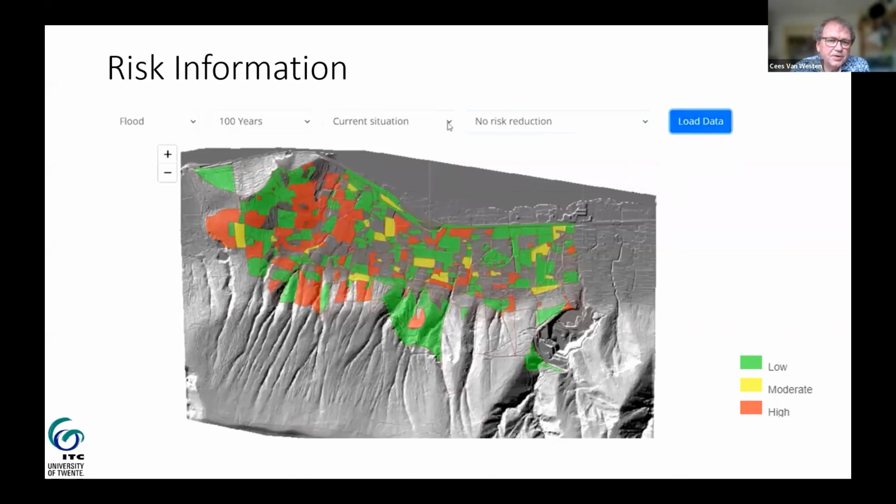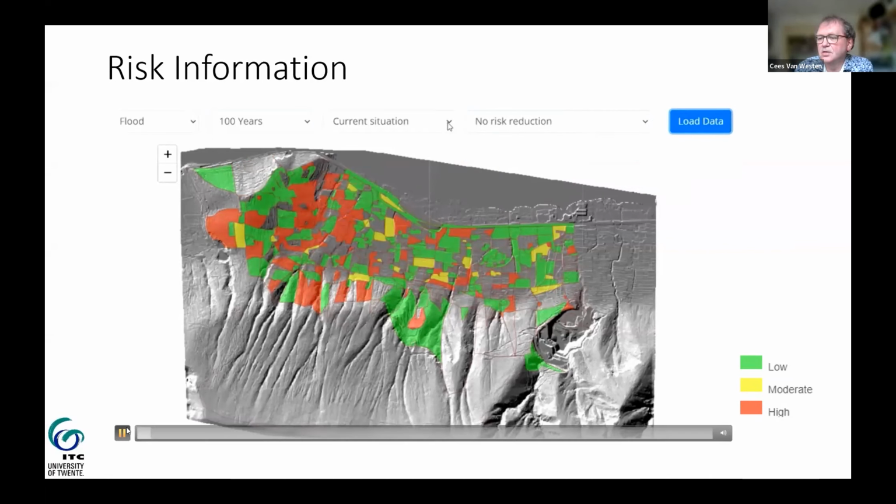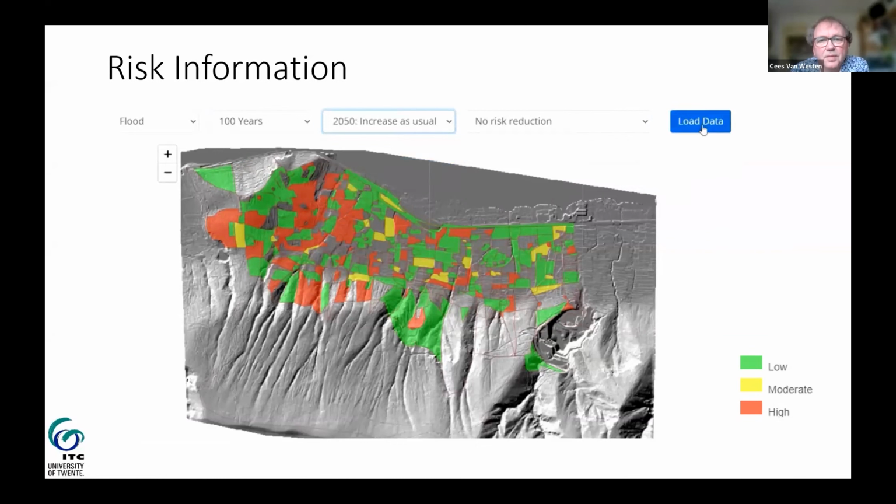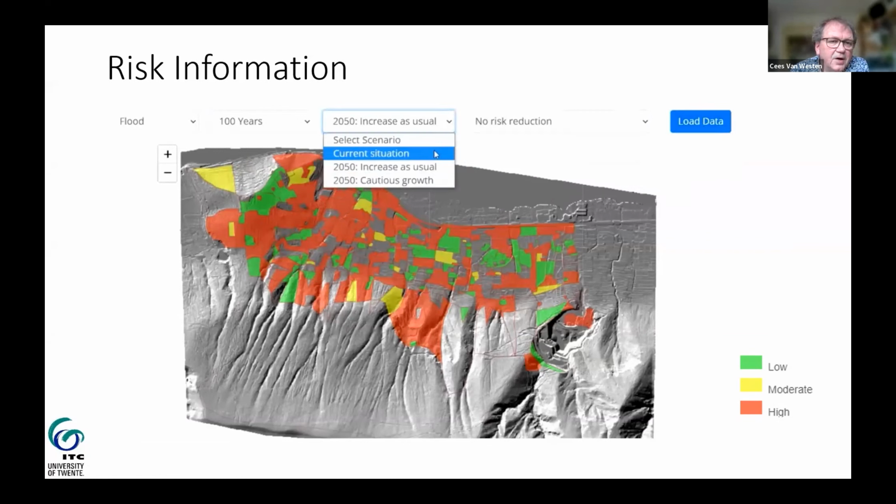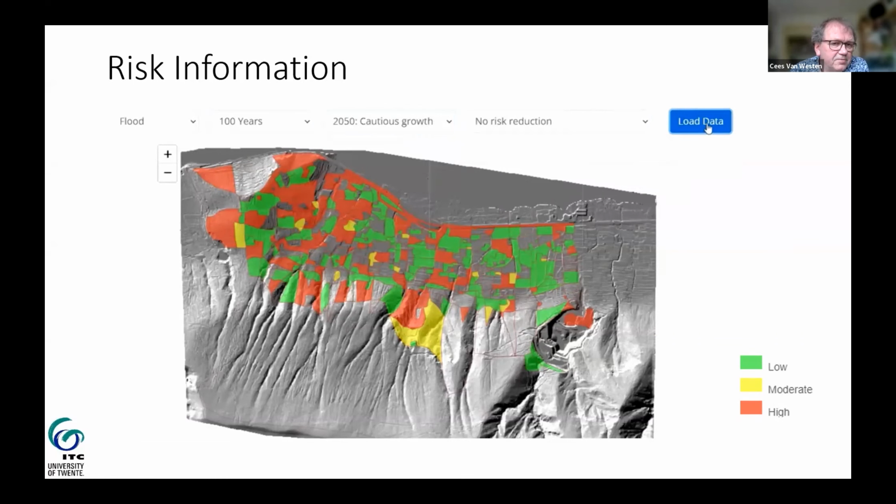risk reduction alternatives. We could also look in future, so we can compare the current situation with future scenarios, for example, in 2050, how with population growth and climate change, the situation would change, and compare it with different future scenarios.